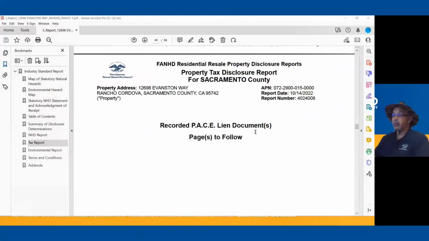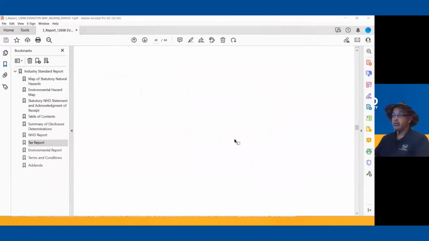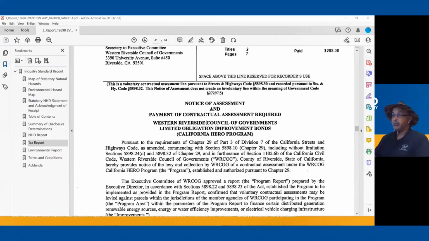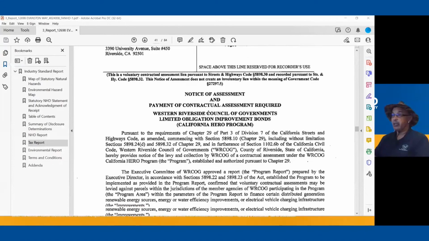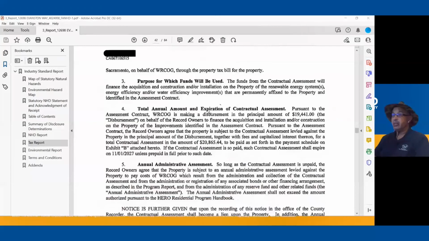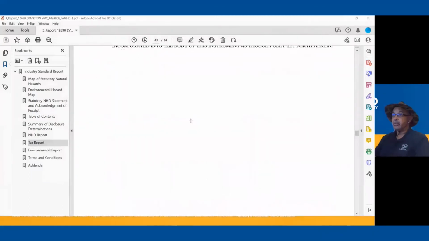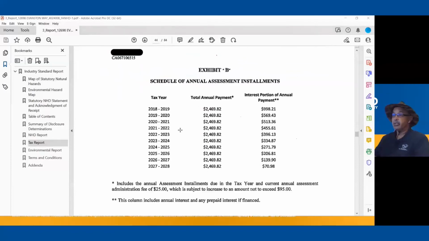As mentioned earlier, we also include the PACE lien documents or contracts. And this property is subject to two, so we've included both contracts. And the legal description. Here's the repayment schedule for this first contract.